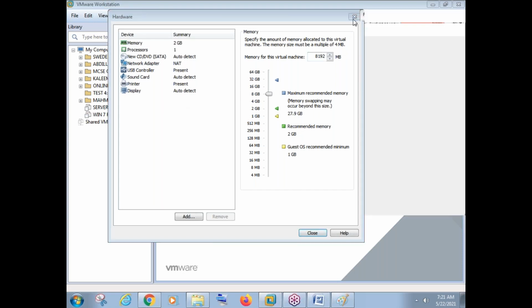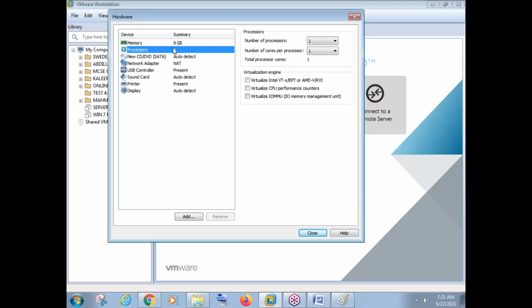And the second thing here is the processor. Right now it is showing only one processor. But what I will do here is I will select 2 here and I will select 2. That means I have selected totally 4 processor cores. How much have I selected? I have selected 4 processor cores. When you do practicals on your computer, you can simply say 1 and 2. That means how many processors? 2 processors is more than enough. But again, this is a classroom computer, so I'll go with 4 processors because the performance will be much better.